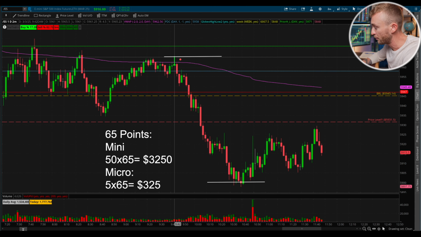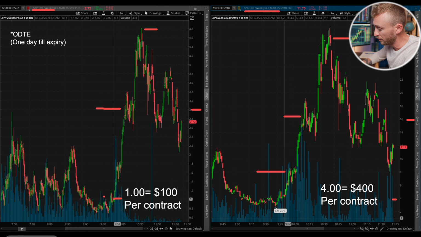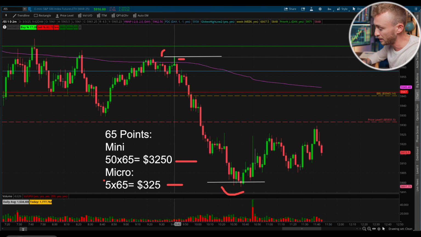Now, on the flip side, if you were to short at 952, the ES futures, the bottom to high here, this is about a 65-point move from this white line down here to this area. One mini contract at $50 a point would make you about $3,250. And then one micro contract would make you about $325. Now that's bottom to top. If you come back here to the SPY, this went up to like 440 from 100. That's about $340. So it can be about the same as a micro on a big move like this,